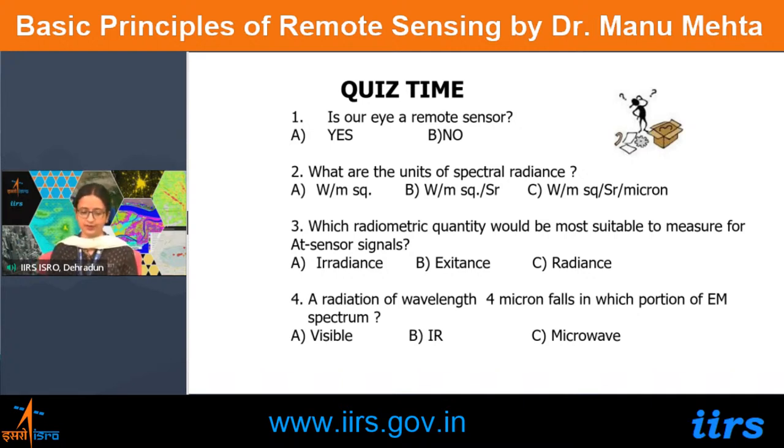Lastly, the radiation of wavelength 4 microns falls in which portion? It is IR. Okay, so moving ahead,